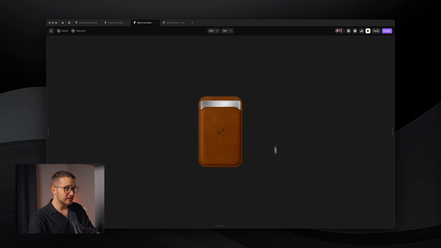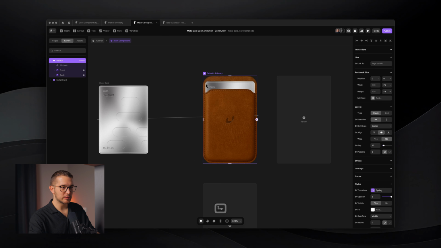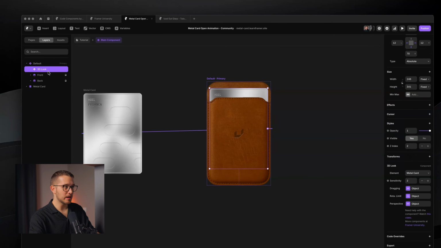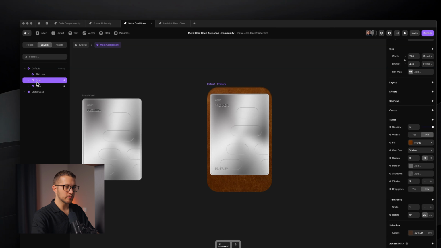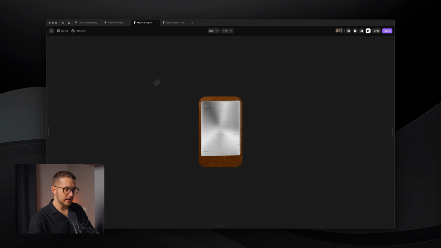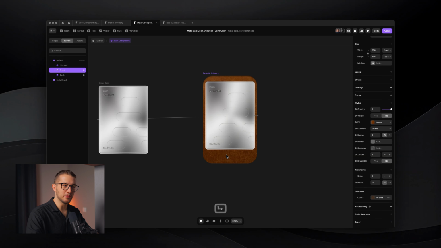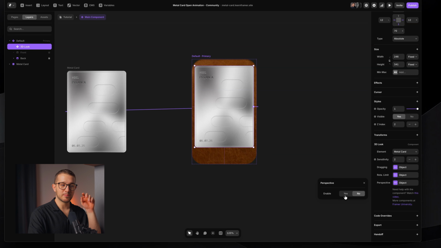However, now as you can see, as I'm moving my cursor, it kind of starts moving around. So this is exactly what we will need. However, I'm going to set up the 3D look a little bit differently. I'm going to actually remove the front for a second so that we can see how it looks. As you can see, it's moving, but it doesn't really look 3D. The reason why it doesn't look 3D is because the 3D look component on the right panel has to be set up with perspective. So you have to add perspective distortion,